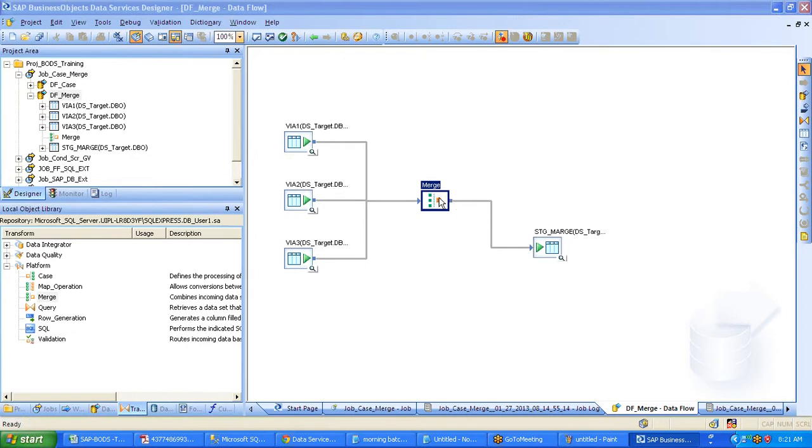So in that case, what you can do is use a query transformation here. Just for example, say this via is not correct. So via one has different metadata compared to the other two tables. What you can do is use a query transformation in between, change the names and data types so that these match the second table, and then you merge them. So the meaning of merge is like you have the same data sets available, you are merging them into a single data set. So if the namings are different on the metadata,